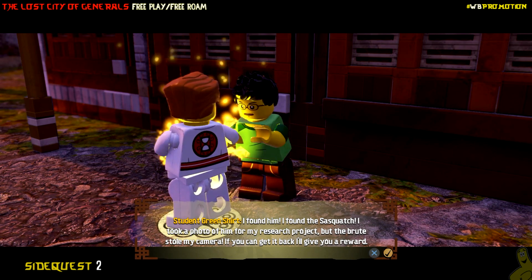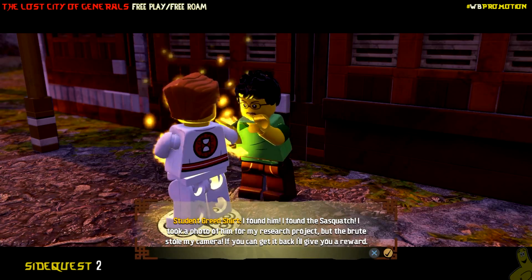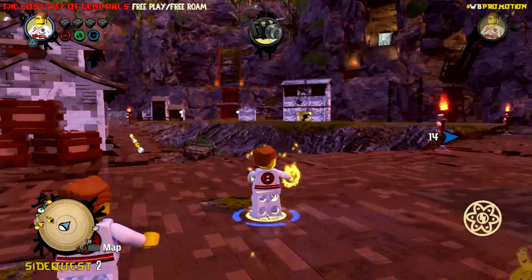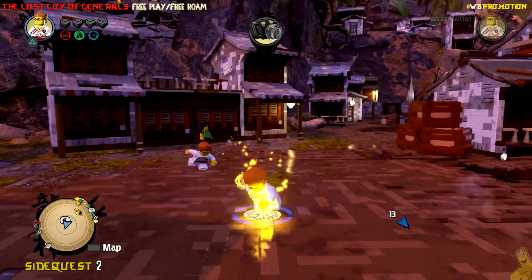That's weird. Shouldn't it be the student in the green shirt instead of student green shirt? I guess maybe there's something I'm missing there, but all right,